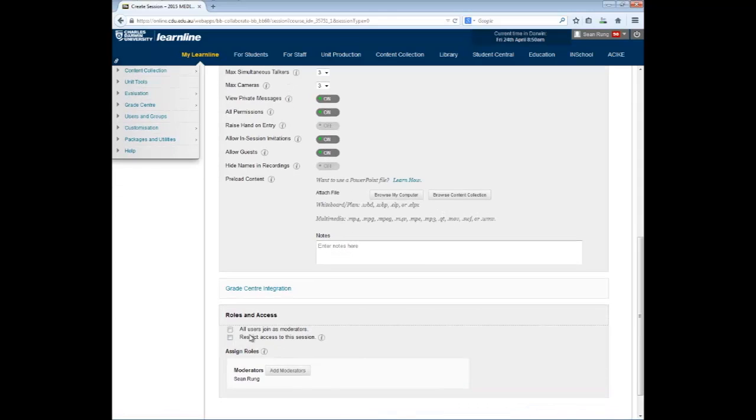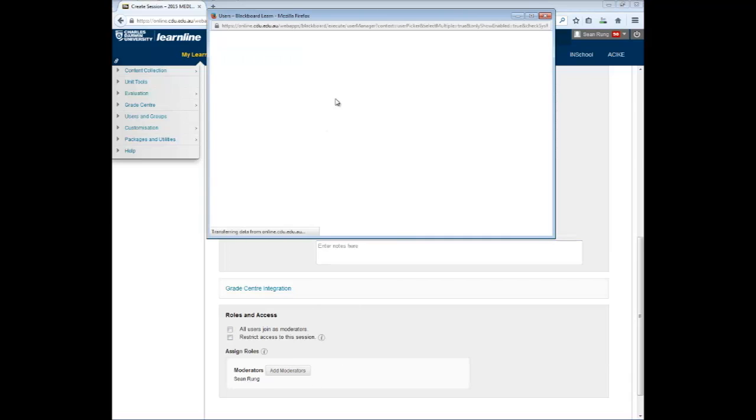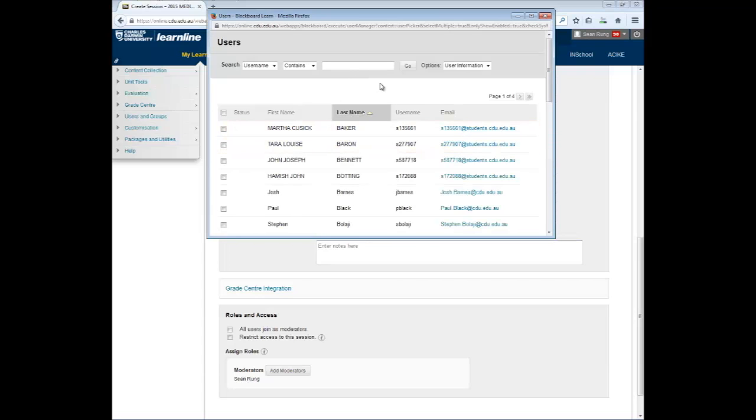Roles and access. With this, if it's students talking to other students, I suggest you click on this: all users join as moderators. This just allows all students to access all the applications and adjust their settings appropriately. However, if it's lectures with students in the room, you might want to leave that off and instead click Add Moderators. This brings you to the list of everyone who's enrolled, including lecturers in the Medi Central program